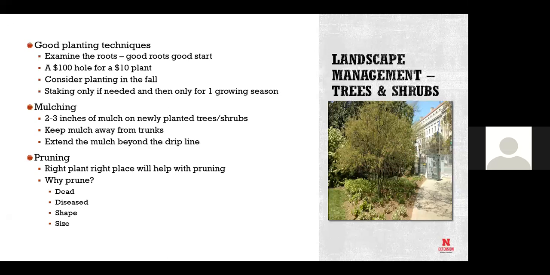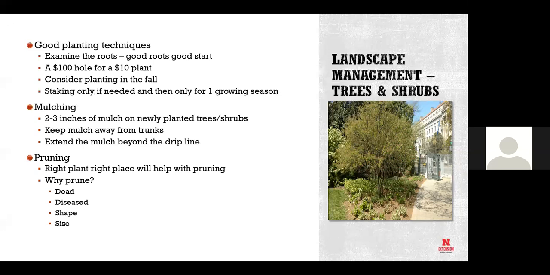We stake trees for what reason? Keep them upright, keep them straight. Wind. We're trying to keep the root ball in the ground. People who think we're staking the top, that would be to keep the tree from running away. We don't do that. Nope. It's to keep the root mass in the ground. And again, a huge issue with management occurs if the stakes are left on too long and the staking materials are not proper. It can happen in less than a single year. So keep that one in mind.